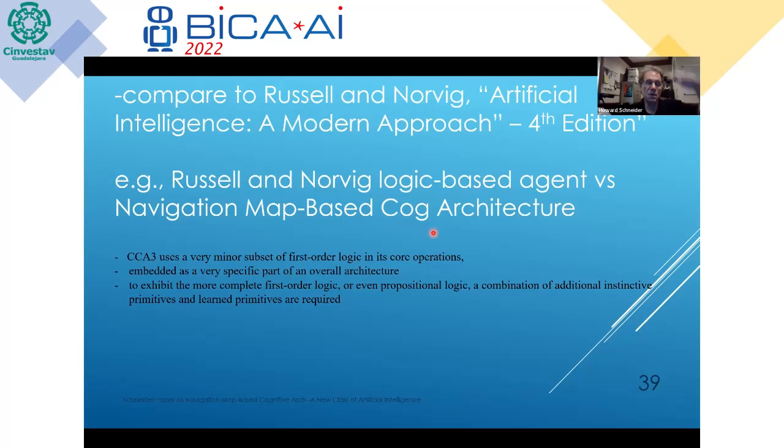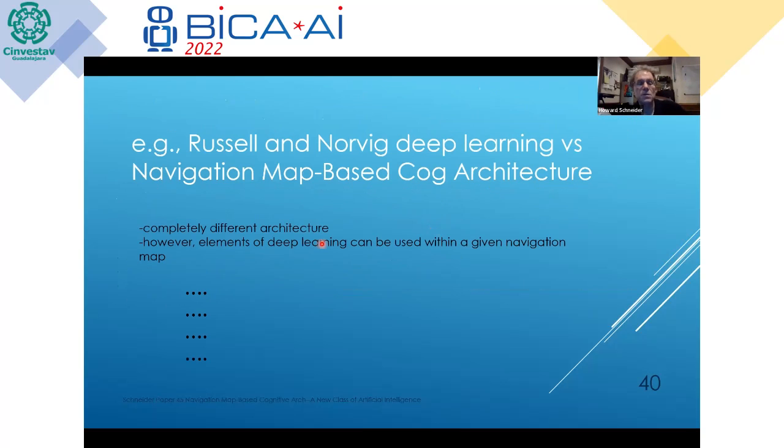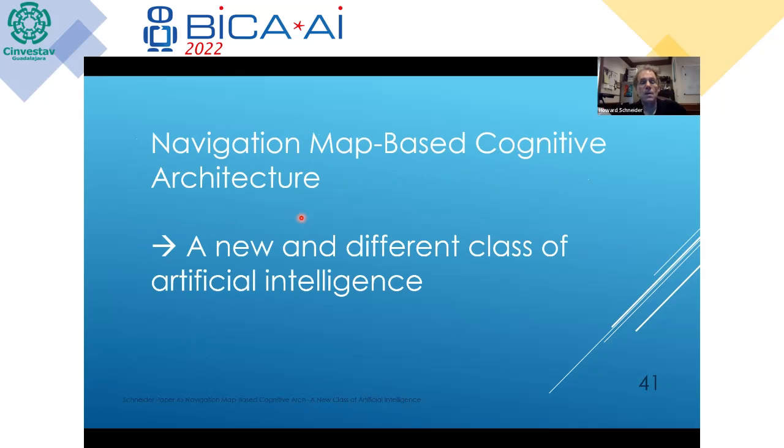That's in the paper also. I go through a long list of all the chapters. For example, deep learning, and I show how the navigation map-based architecture is different. It's not deep learning, very, very different. So again, the theme of my talk: navigation map-based cognitive architecture is new and really represents a different class